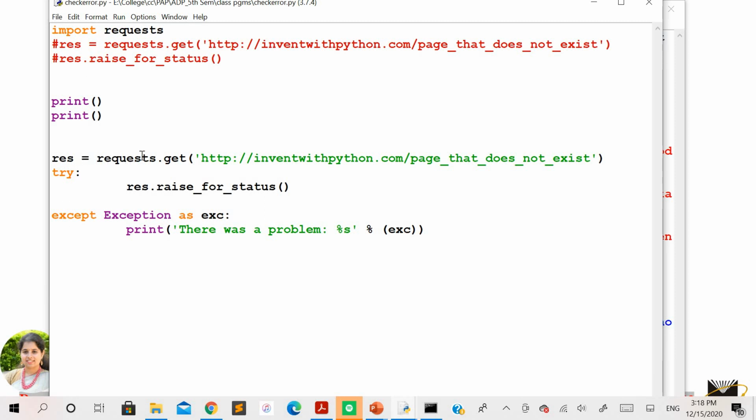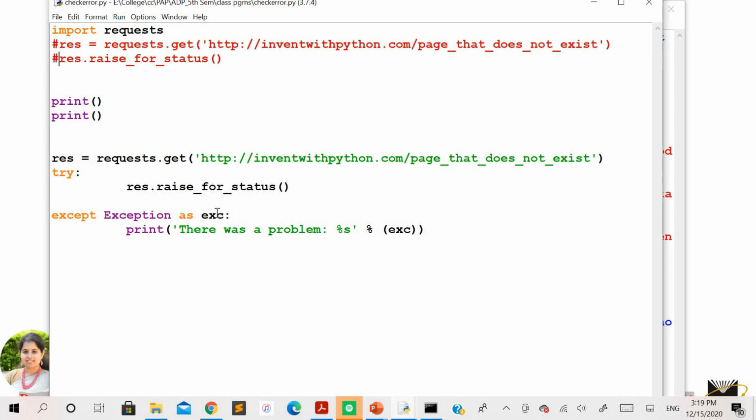So what has been done here? With this program also we are trying to open that file and access some contents from it, and within the try block we are executing this statement. That means it will try this particular statement. If it is successful, then it is going to give the result. Suppose the statement that you have taken within the try block fails, then it will go to the except block, where it is going to display the errors here.